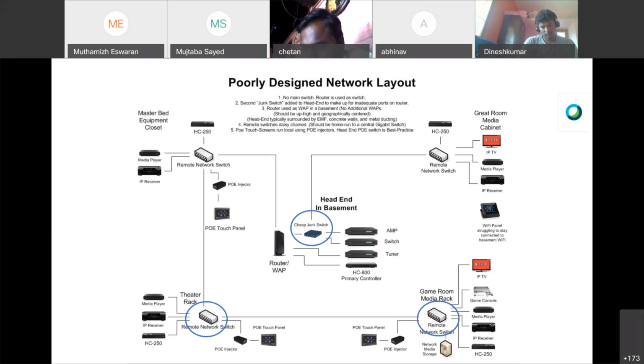But if I put in a general unmanaged switch, definitely it is going to be useful for small cases, but it depends on the project size. Maybe if I wanted to configure something on multicast, if I wanted to configure something in detail on the ports, or if I wanted to enable flood only to a particular port on multicast, you will not actually be able to do it. So that will create a lot of issues,